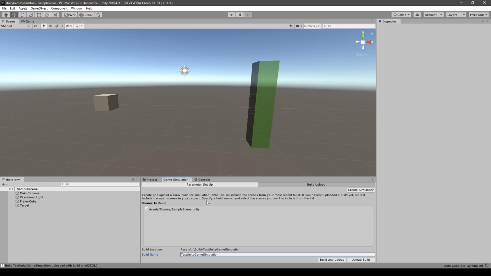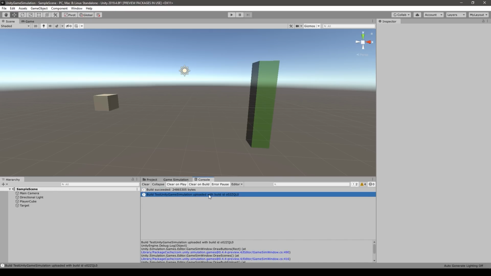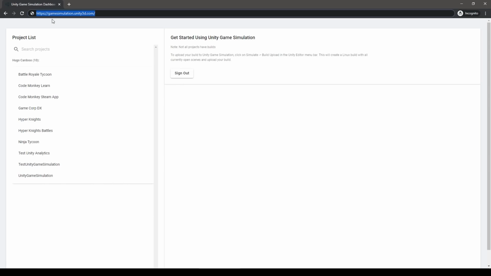Alright, it's done. The build has been uploaded. You can see over here on the console, there you go, build succeeded and it correctly uploaded. Now when that is done, you can go here and click on the Create Simulation button. So this will open up the browser to the game simulation dashboard, or alternatively, you can go there manually. So just go directly onto